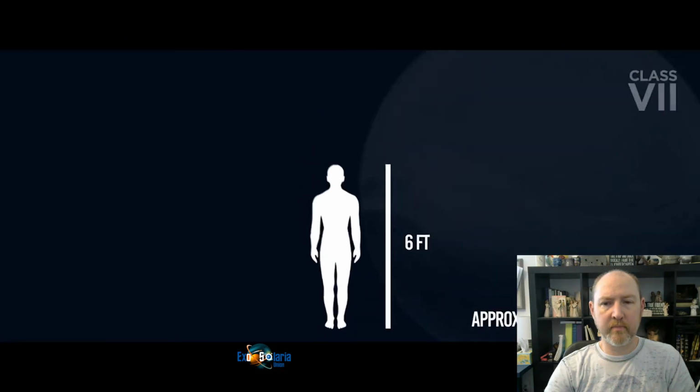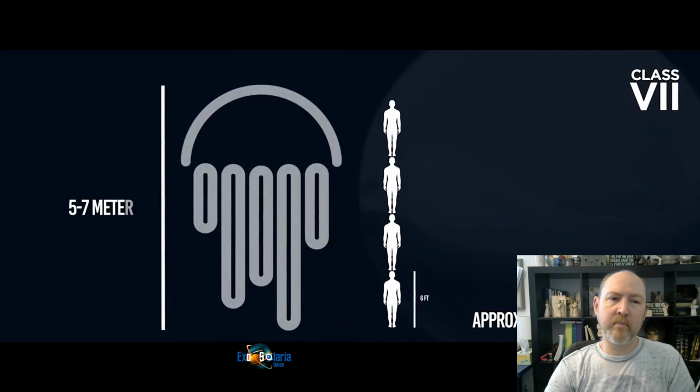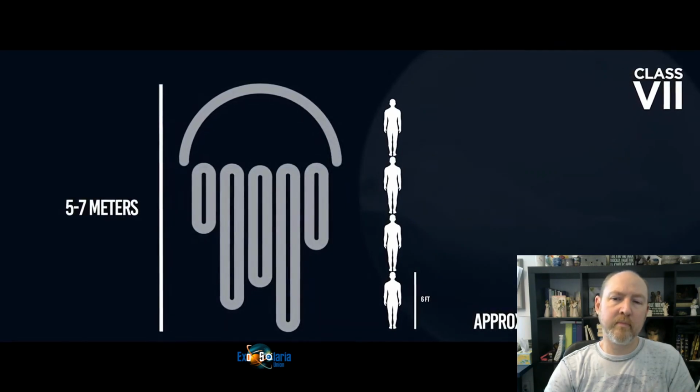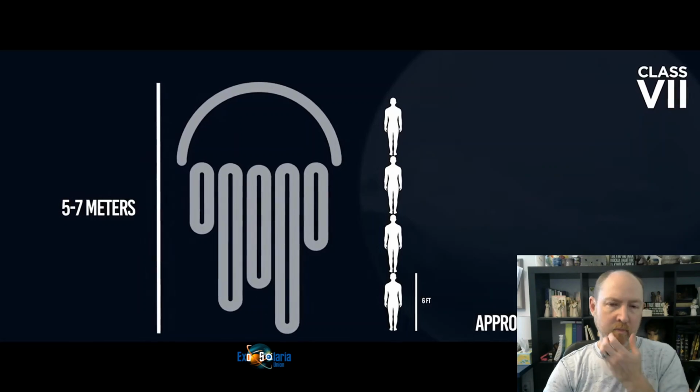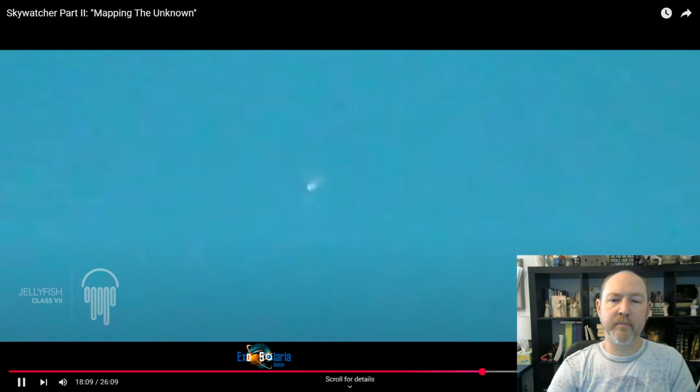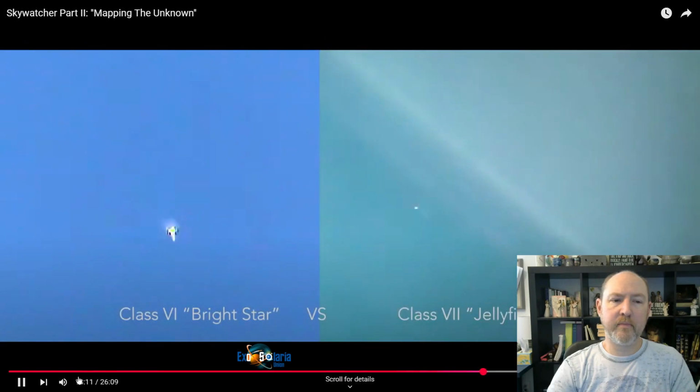We have seen these take direct flight paths. Even yesterday, for the first time, we had 2 in formation. We've never seen that before. We chased down one of those 2, and it deviated its flight path as we approached, and then it elevated directly straight up, as in directly vertical. So the Class 7 is very hard to image, and at distance, it looks very similar to the Class 6.